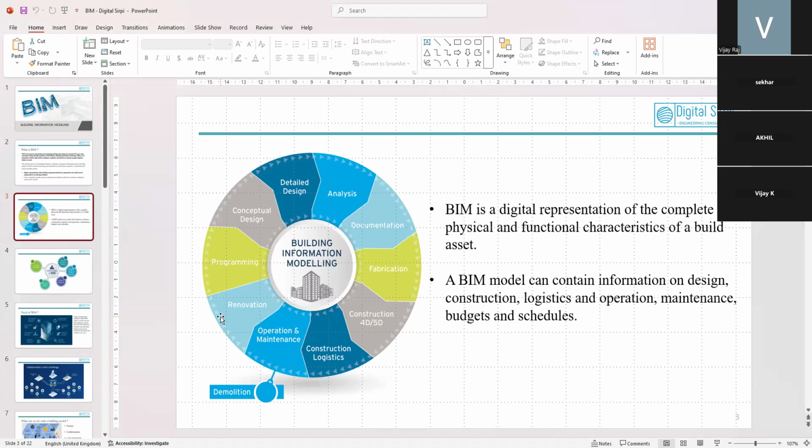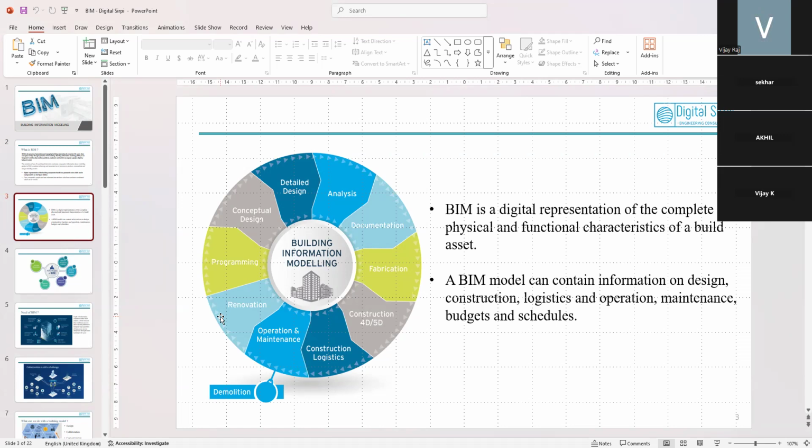The client may ask only for 3D conversion. The client may ask for analysis of the 3D model, whether it is going to load every single element, whether it can support the full building,